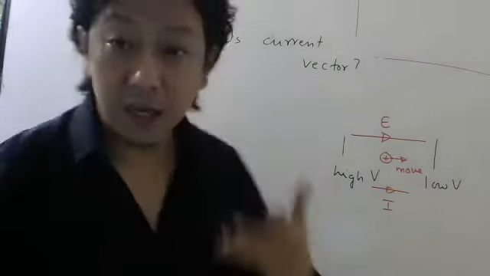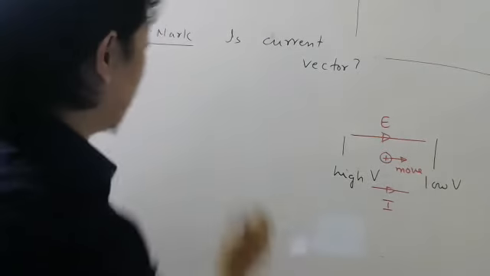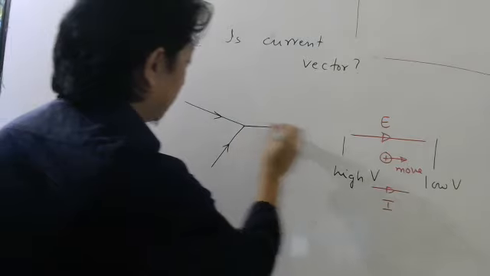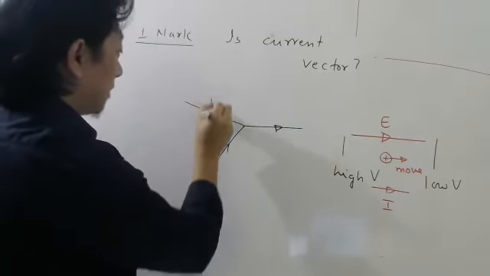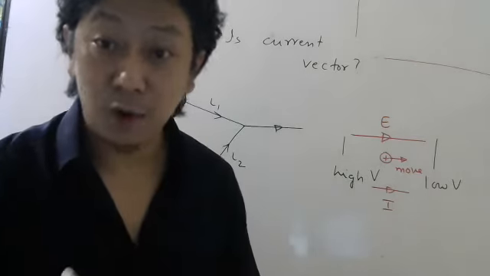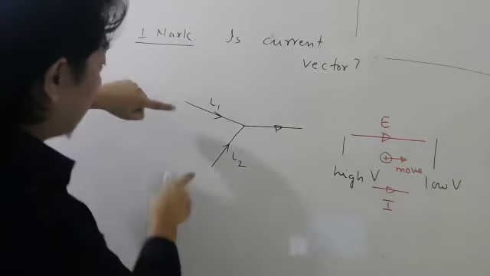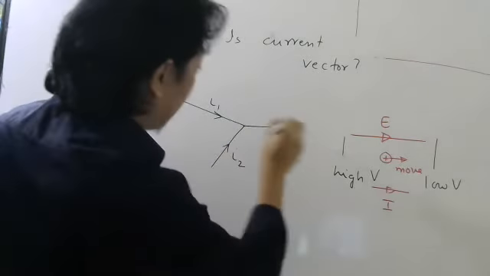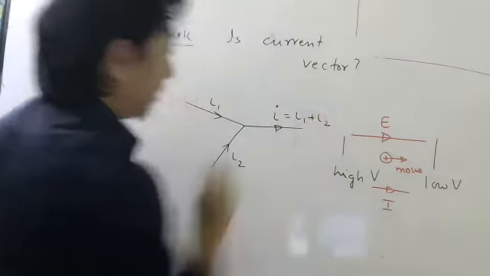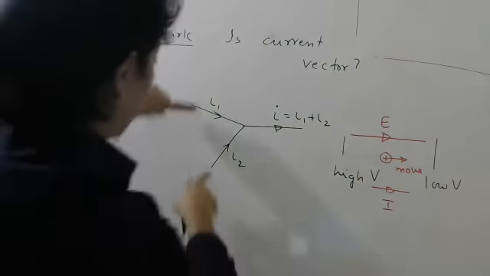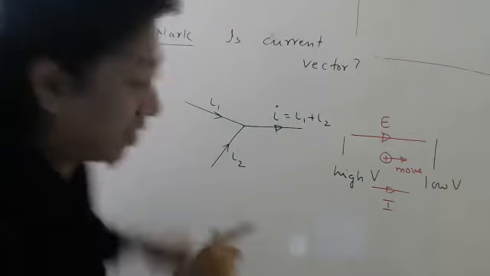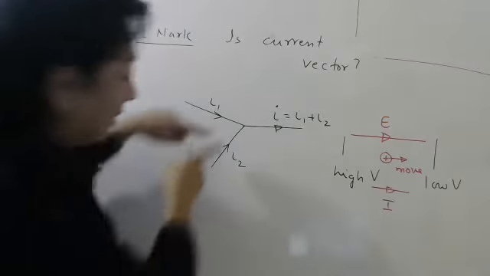So you may think current has a direction, but actually it is wrong, because if there are two wires like this, let's say current here is I1, current here is I2. Sometimes I write capital, sometimes I write small. Okay, that is my wish. So if currents are coming like this, here the total current passing will be I, and that will be I1 plus I2. Okay, students. Because if 2 coulomb is coming per second, if 3 coulomb is coming, then here how much will go?